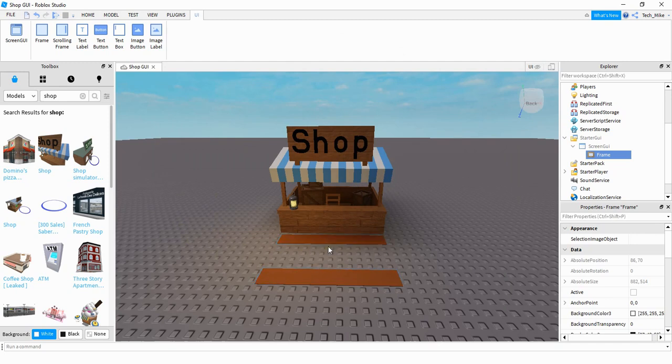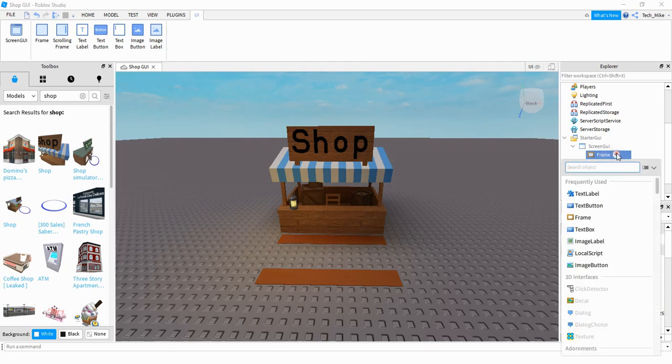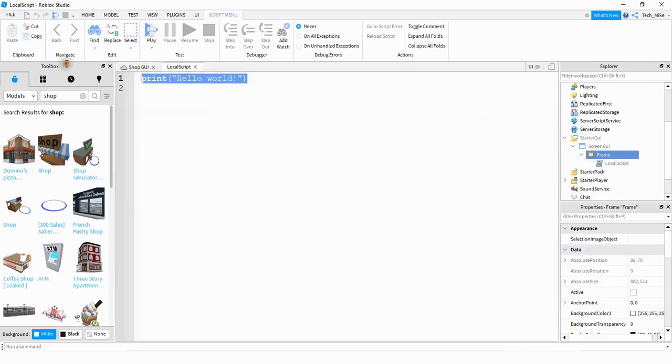Alright, so now we're going to go ahead and start working on this script. To do that, we're going to be adding a local script into this frame. So let's go ahead and click on the plus sign and then add a local script. The first thing we're going to do in this script is create some different references for the different parts. Let's go and start by saying local,